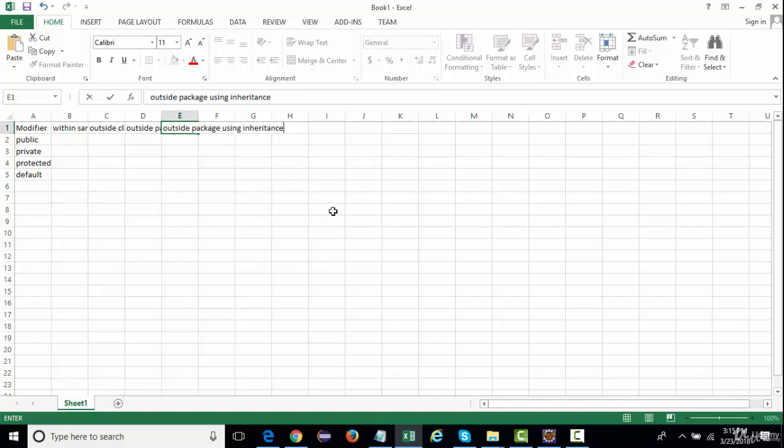We'll be studying inheritance. And there is something called most restricted or most visible. This we're going to look at later on, right?